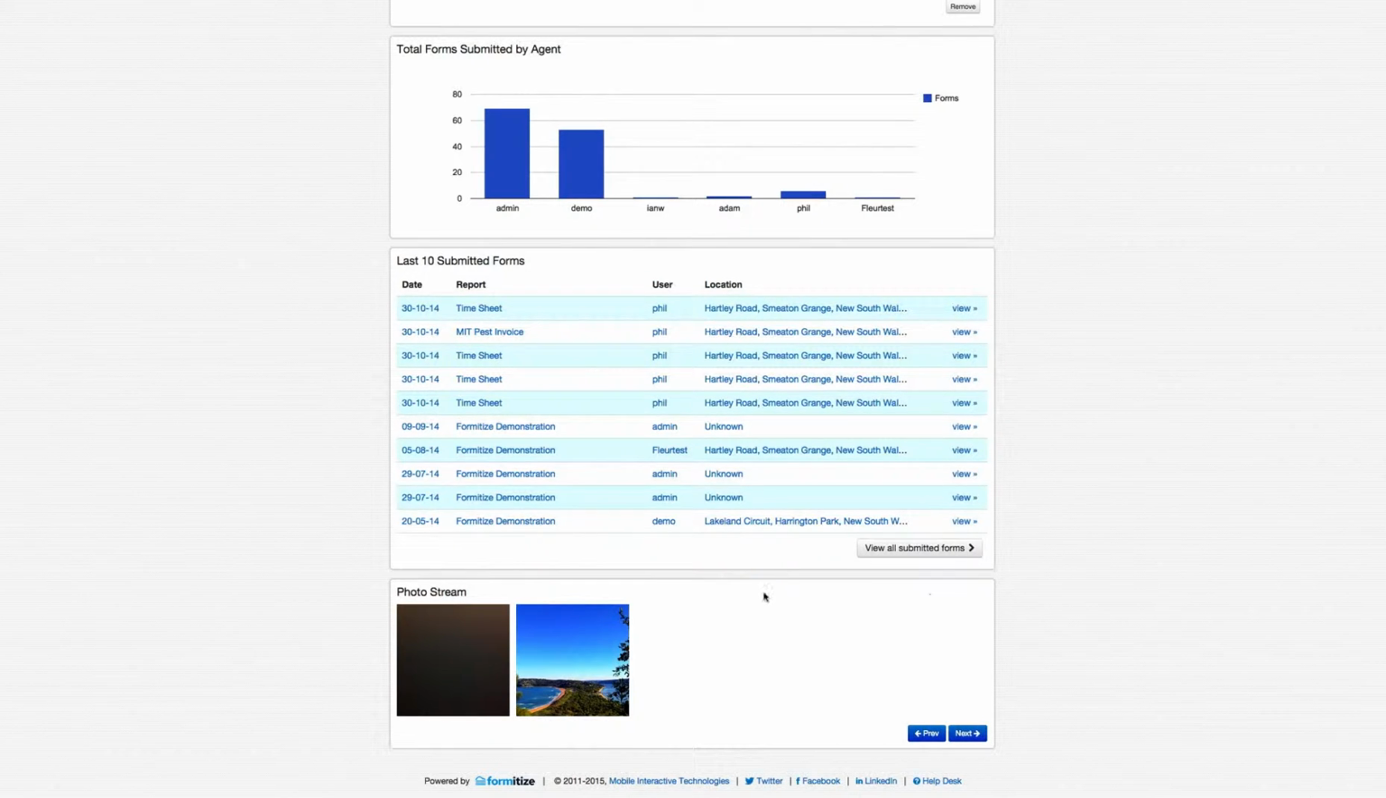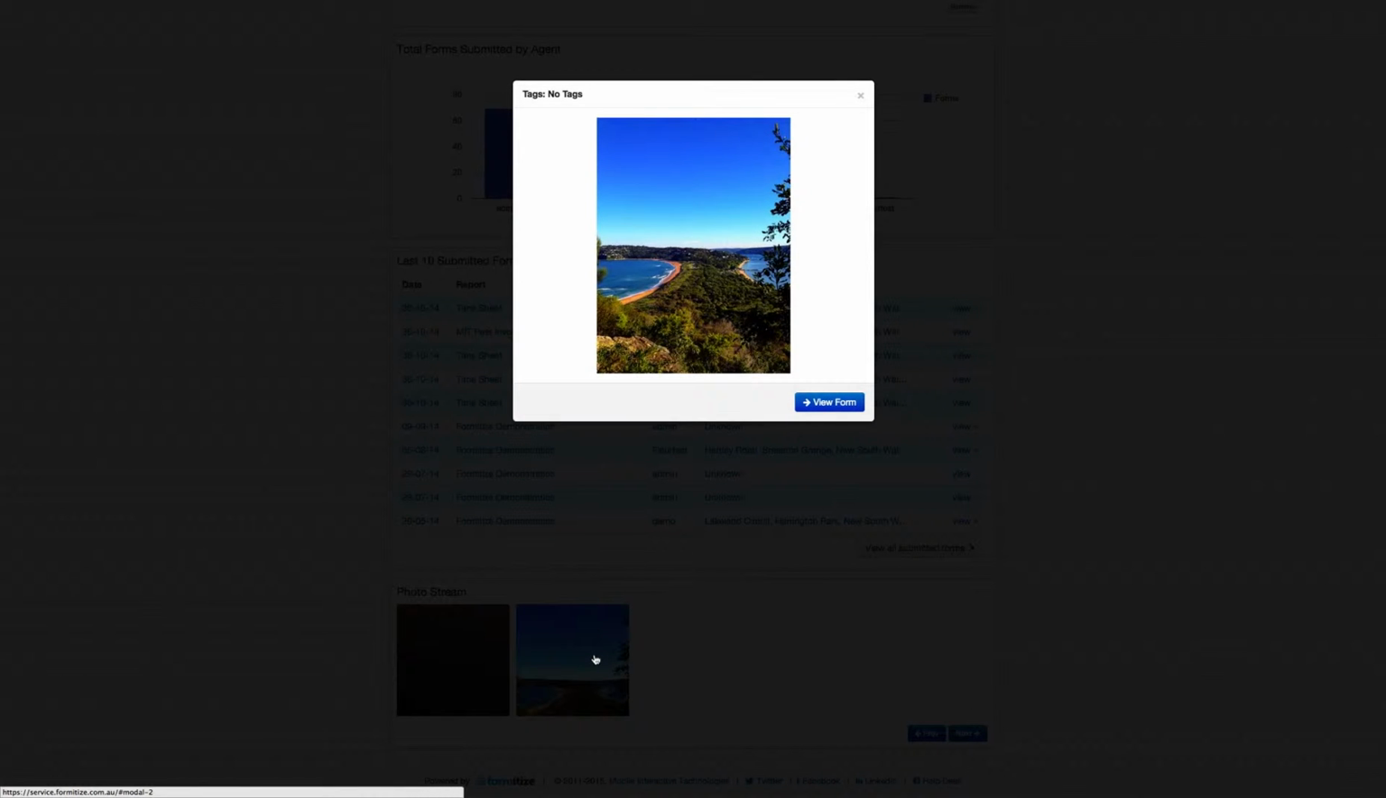Now this is a really powerful tool. As the technicians are taking photos in the field using the form, those photos are appearing in a live photo stream here. You can click on those and see details. A really powerful tool for things like competitor analysis or maintenance work, where the technician takes a before shot and an after shot and submits, so that from the management portal you get a really good idea of what's going